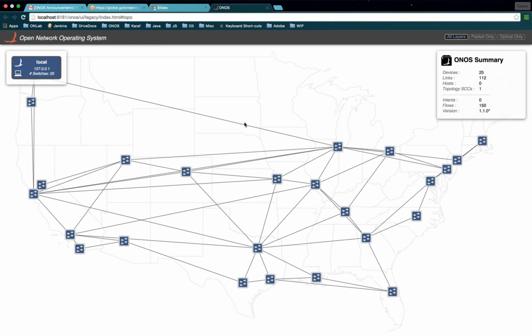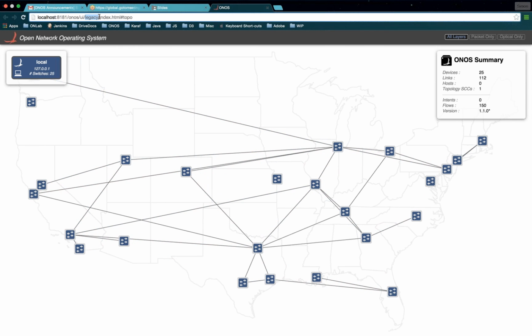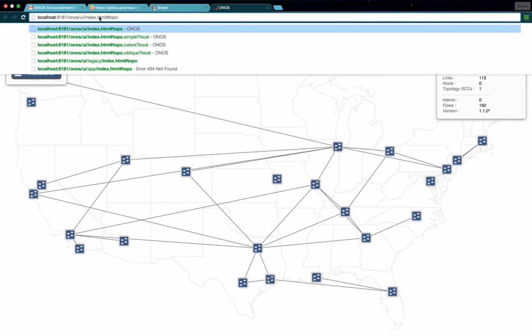So by default, you will get the Avocet release UI. And if you look up at the URL here, you'll see that the Avocet UI is based off a legacy subdirectory. So to get the Blackbird release, you need to, for now, just remove the legacy directory,